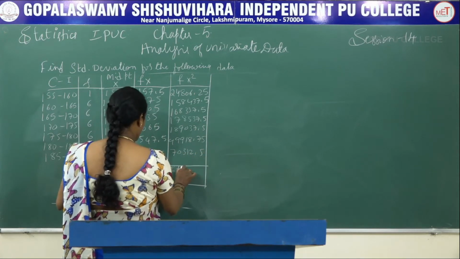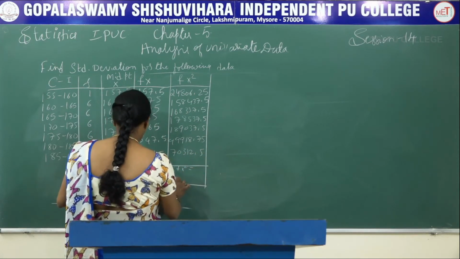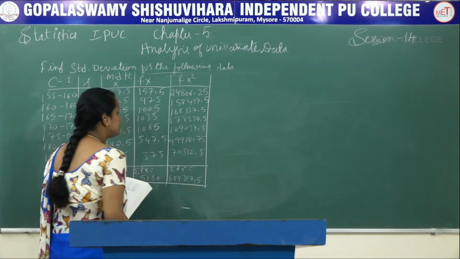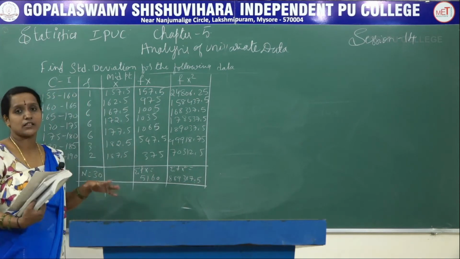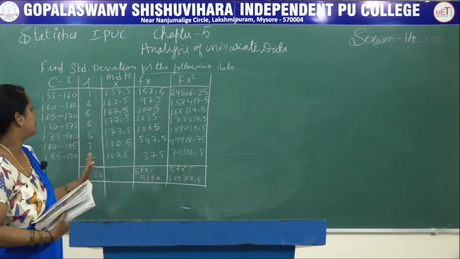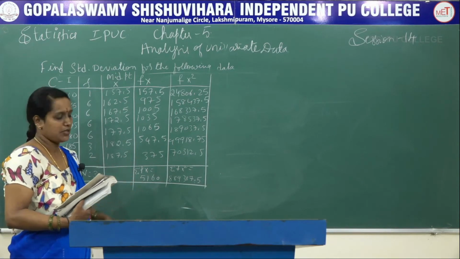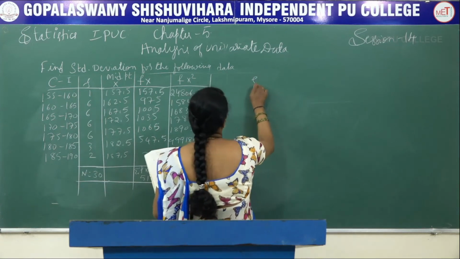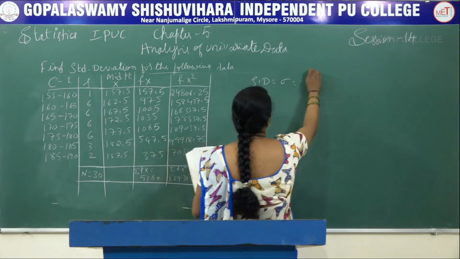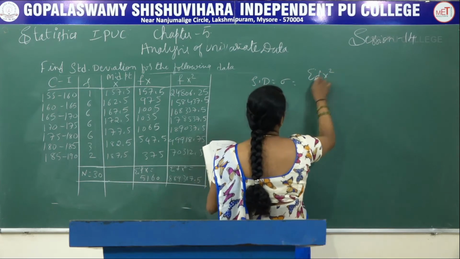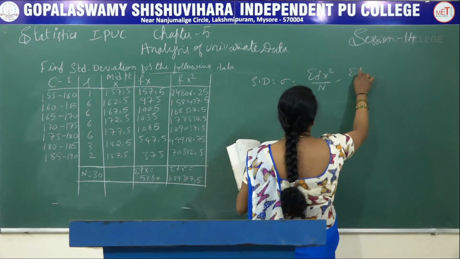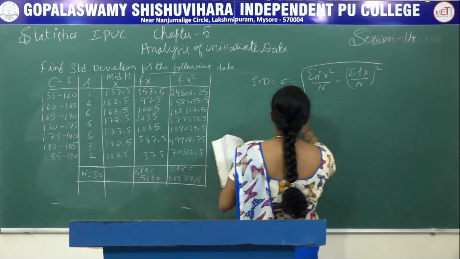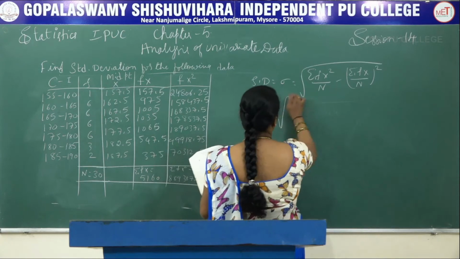And the summation of fx square is 889387.5. While writing the numbers, be careful because we are having such big numbers, so that you will not get confused. So to find standard deviation, that is sigma, it is the square root of summation of fx square by capital N minus (summation of fx by N) the whole square, and I'll substitute the values for this,